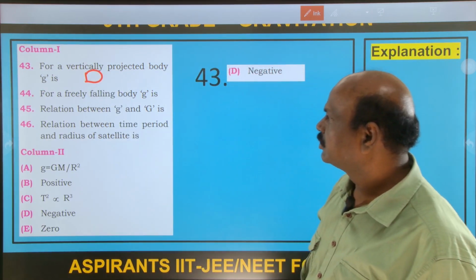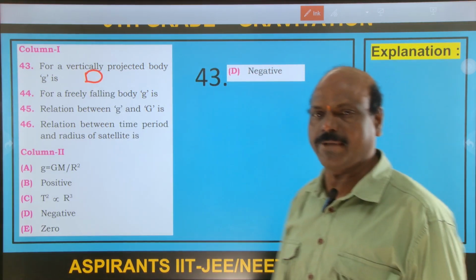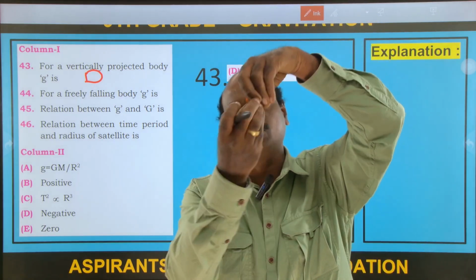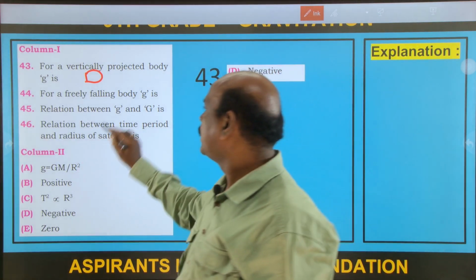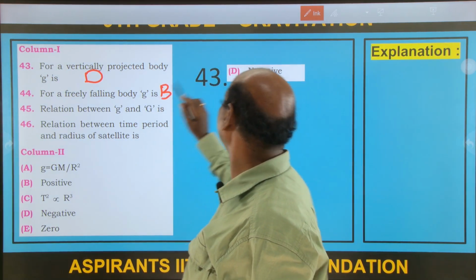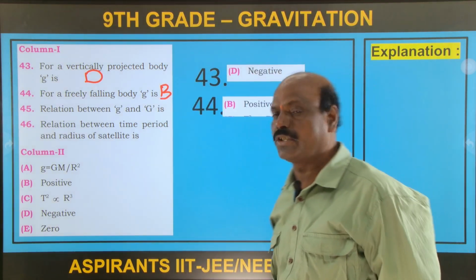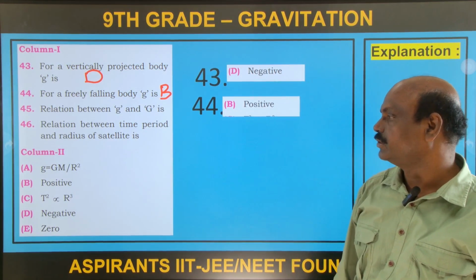Next, for a freely falling body, same. For the freely falling body, the body is moving towards the gravity. Towards the gravity means it is positive. So you can see it should be positive. 44, option B is the positive. Next,